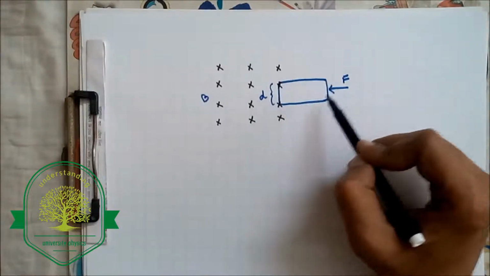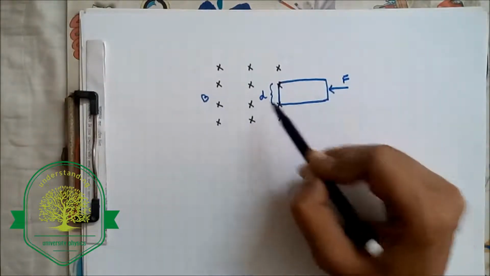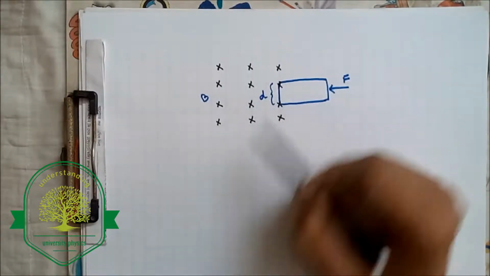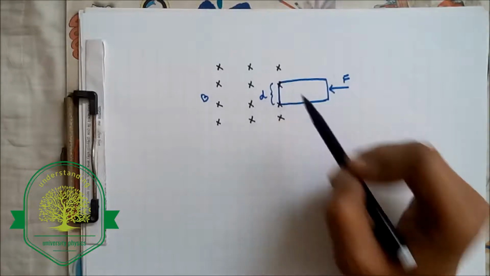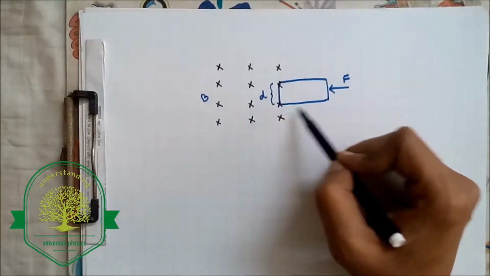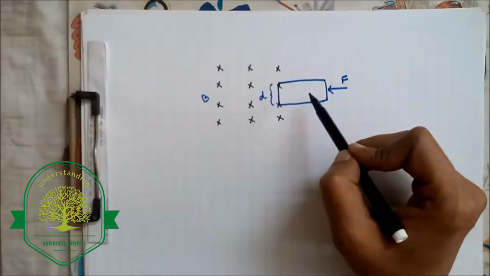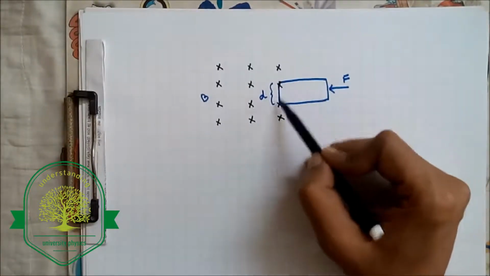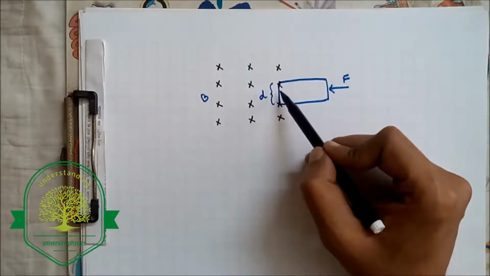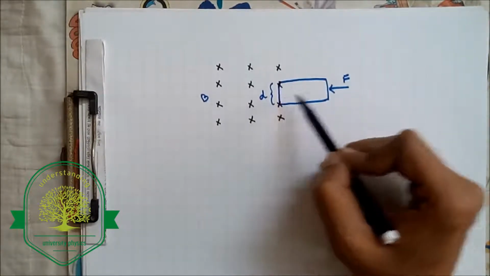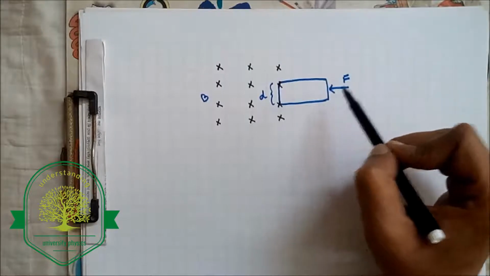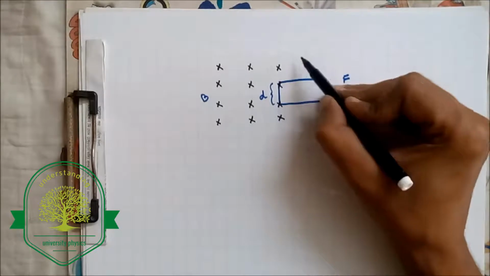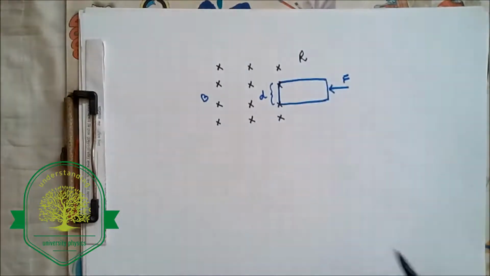If the frame is pushed into the region of the uniform magnetic field, the magnetic flux linked with this frame is going to continuously increase, and therefore an induced EMF will be created in the frame. Because of that, an induced current will start flowing in the frame, and that current will in turn create a force on this arm which will oppose this original force. They have given that the resistance of the frame is capital R,